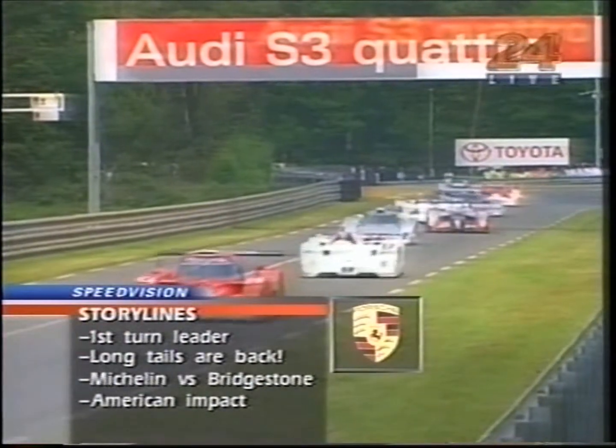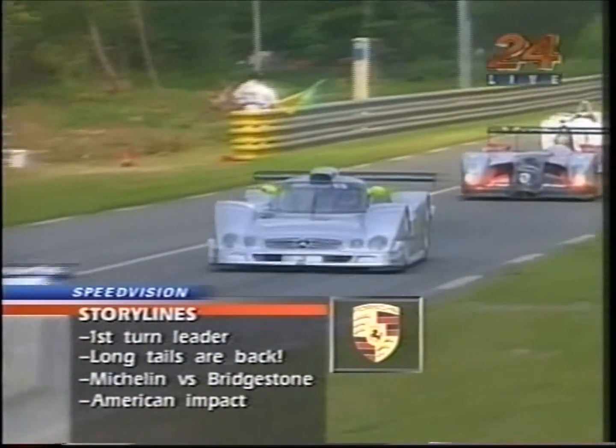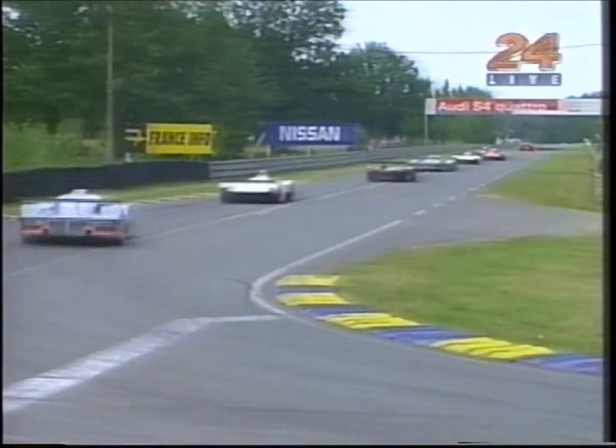Indeed, and of course we have the impact of the American influence, not just in terms of cars with the Viper and the Panos being very exciting, but drivers as well. We have Johnny O'Connell. We have a number of drivers, Bill Oberlin, in there as well. Let's take a look now at the starting lineup for the 67th 24 Hours, and they are coming up,